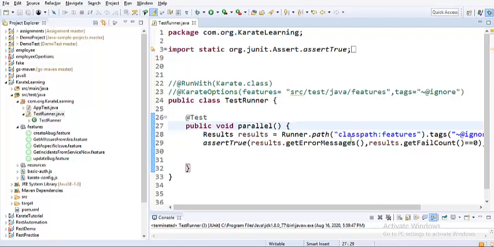So we have seen that, and now in this video I have something even more interesting for you, which is the reporting mechanism. Albeit we have seen the powerful reports that were generated by Karate by default, still I don't want those reports because they don't give me a holistic view.